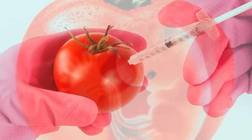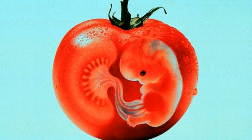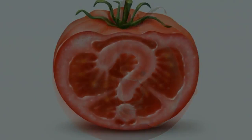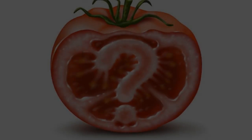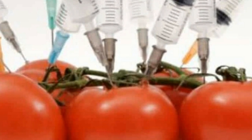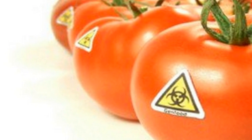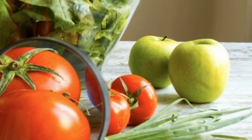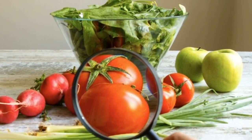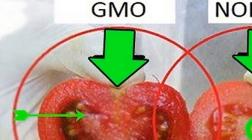GMO labeling. Here's what you need to know. First, you should know that fruits and vegetables that are grown in the usual way, with the injection of chemicals, are labeled with a code consisting of 4 digits. And organic fruits and vegetables have a price tag with a code consisting of 5 digits, starting with the number 9. Genetically modified (GMO) fruits and vegetables have a price tag with a code consisting of 5 digits starting with